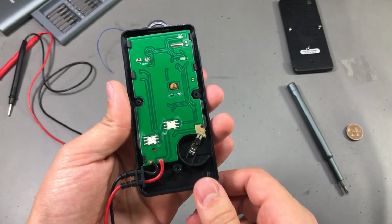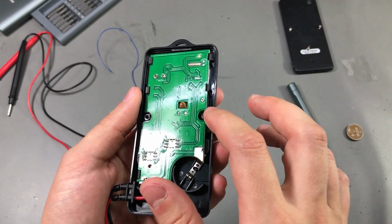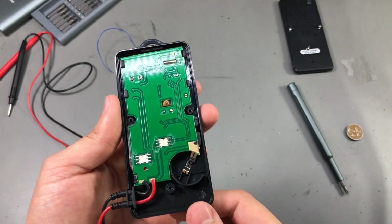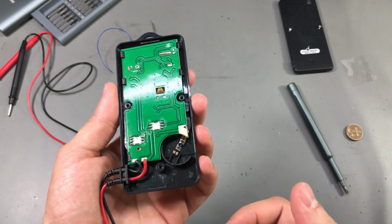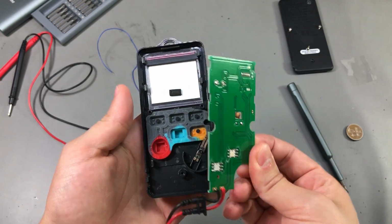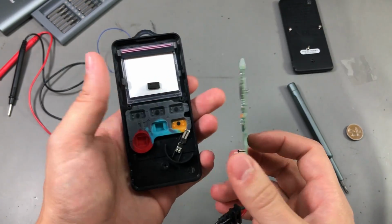Now for the actual teardown of the meter, we can see the PCB is held down with these clips on the side. There is no screw holding the PCB in. That is a sign of them trying to save some cost without having some operator install a screw in the production line. We can see the LCD is connected with a zebra strip,